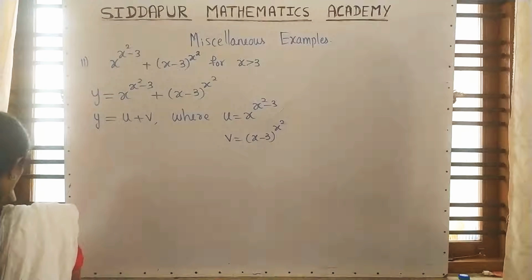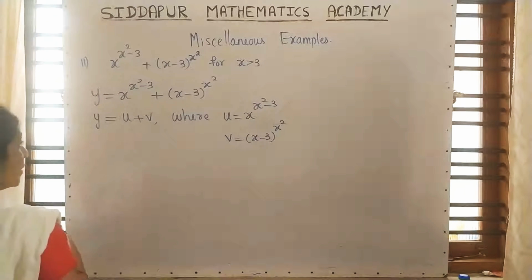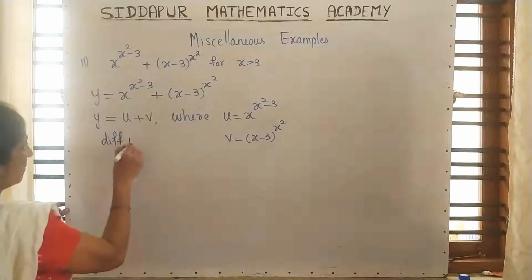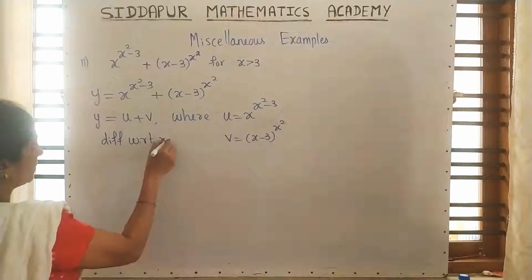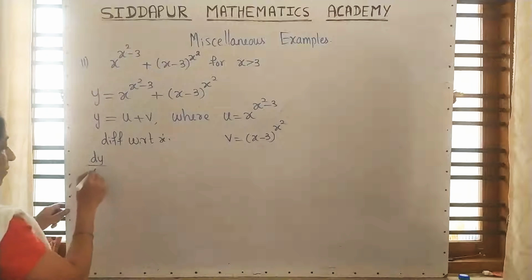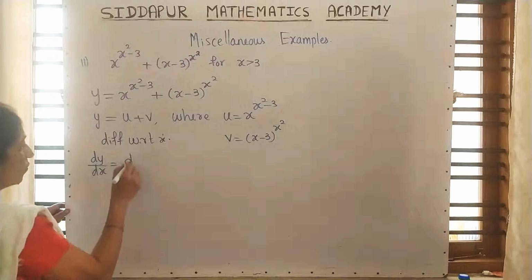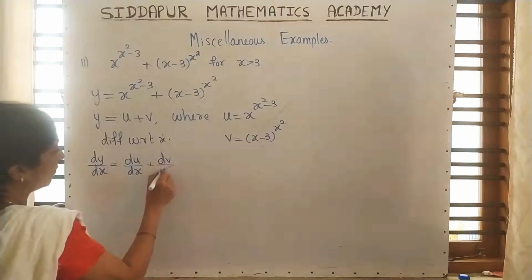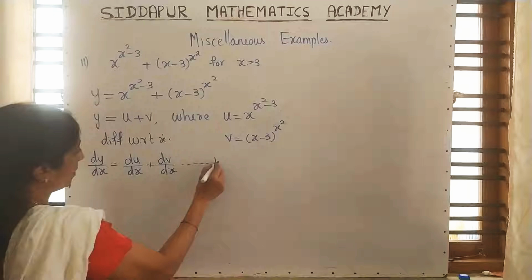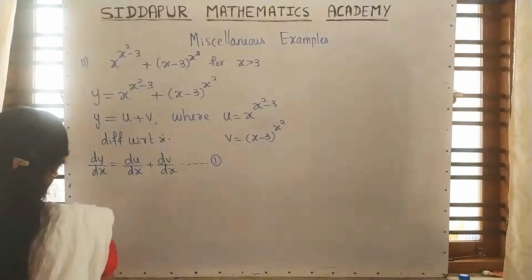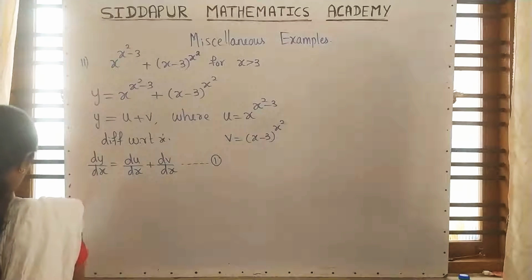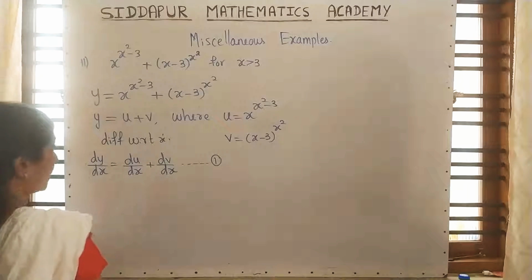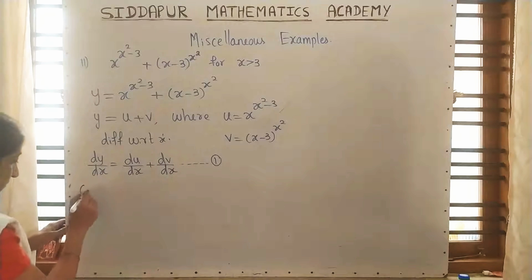Now differentiate this y value, differentiating with respect to x, that is dy upon dx is equal to du upon dx plus dv upon dx. This is equation 1. Next we have to solve u and v separately, taking u separate and v separate. Consider